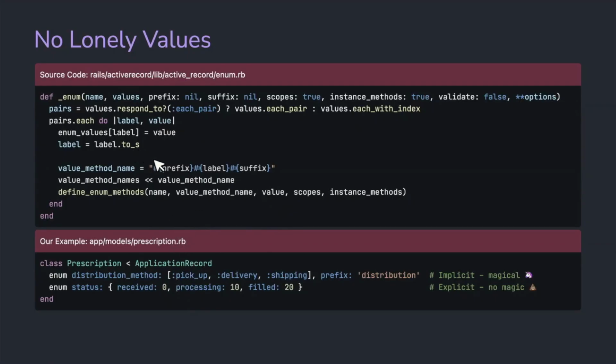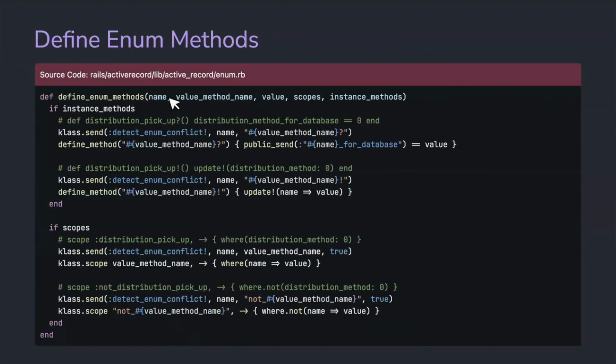It's a little confusing, stick with me. And they're taking that label and they're saying, okay, take whatever prefix and suffix you just made, slap it together with the label, and then add it into here, value method names. So we're making this distribution pickup and then no suffix, and we're adding it in here. And then calling this method, this define_enum_methods, which is here.